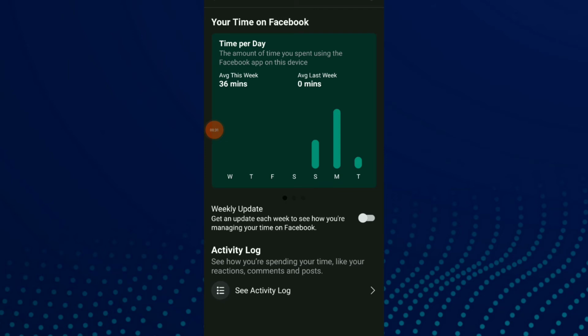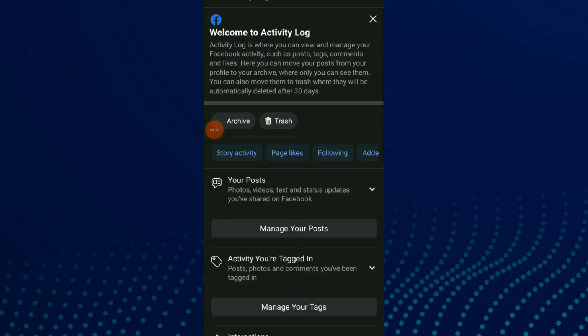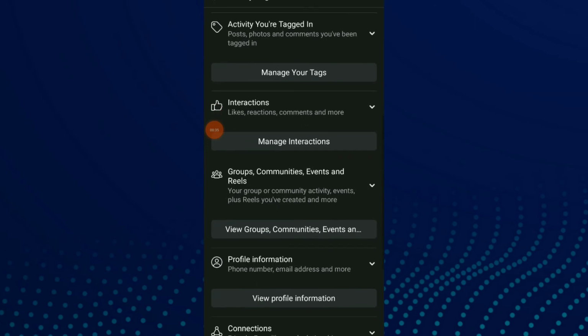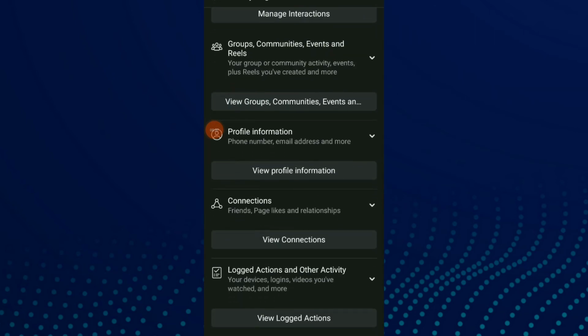Now all you need to do is click on see activity log and scroll down until you find profile information and click on view profile information, and they're gonna give you all your profile information. If you ever change your name, your birthday, your email, your phone number, whatever, they're gonna show you all your